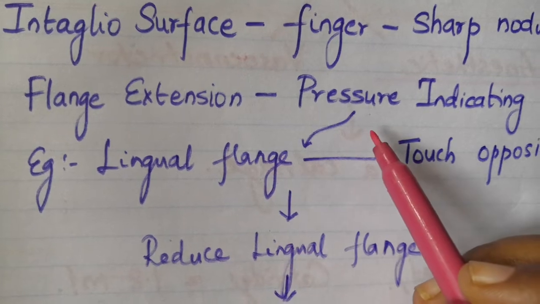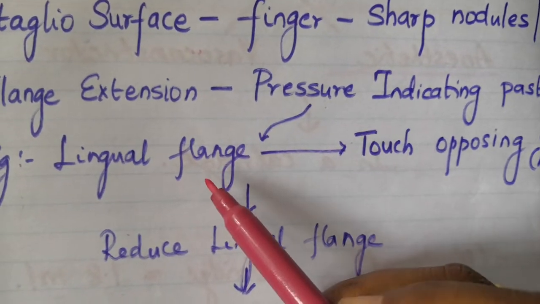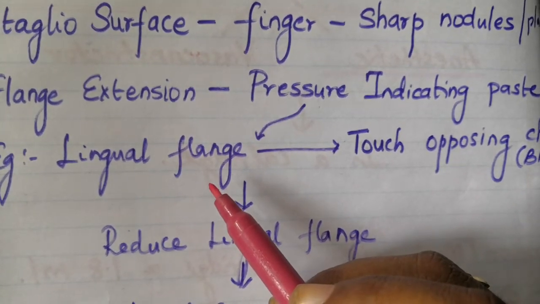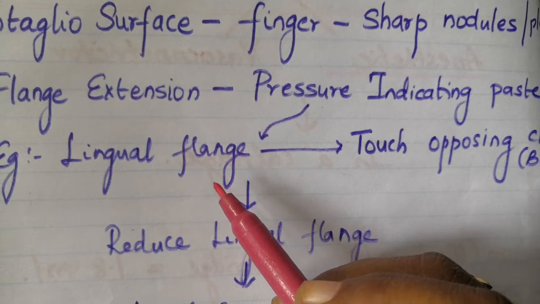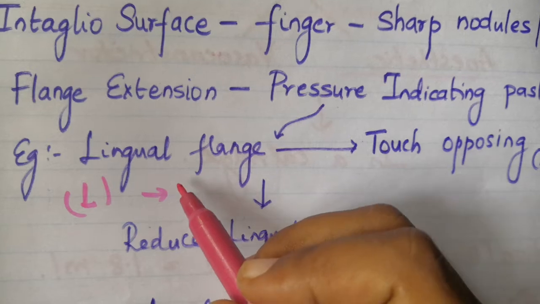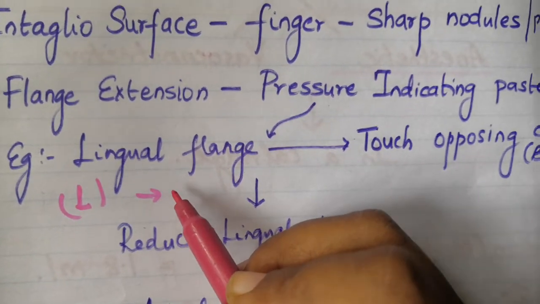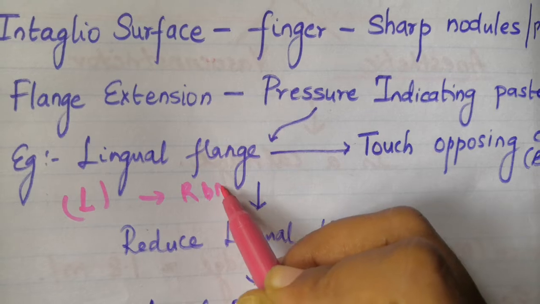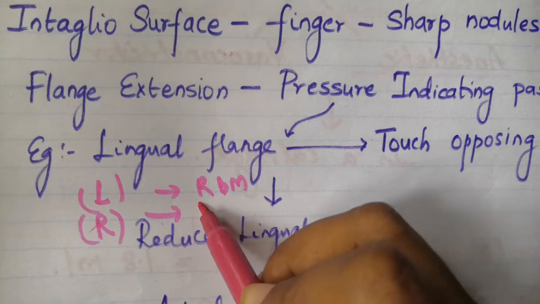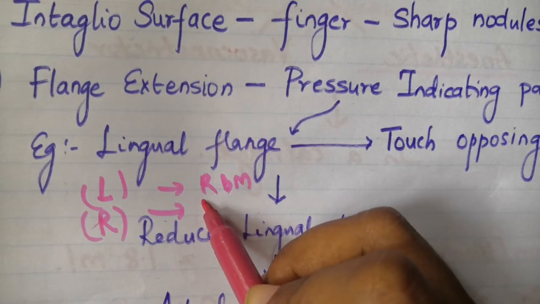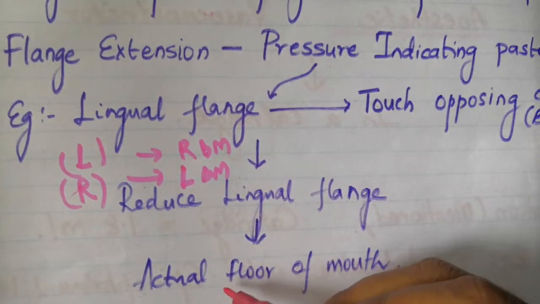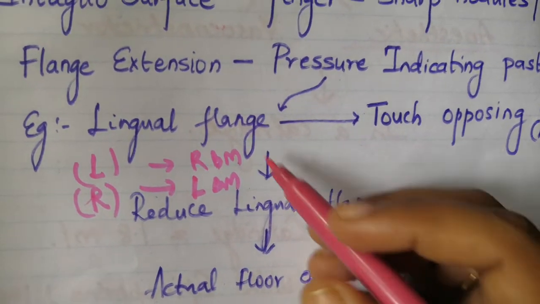For that, apply a pressure indicating paste on the edges of the lingual flange and ask the patient to touch the opposing buccal mucosa with his or her tongue. For example, if you want to check the left lingual flange, ask the patient to touch the tongue to the right buccal mucosa. If you are checking the right lingual flange, ask the patient to touch the tongue to the left buccal mucosa, so that it will give you the actual floor of the mouth extension